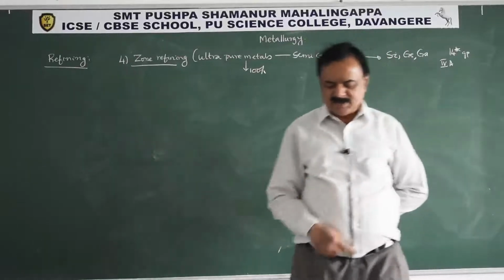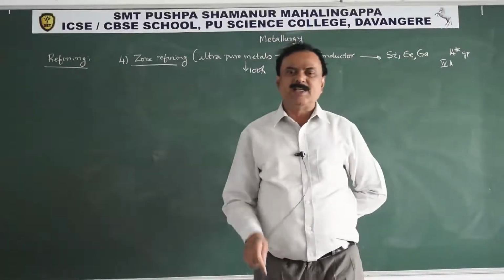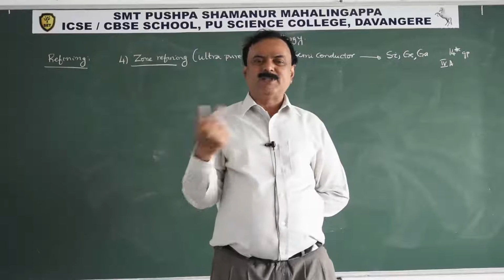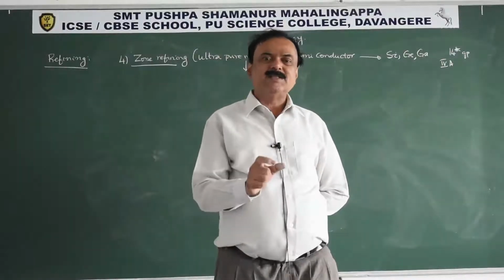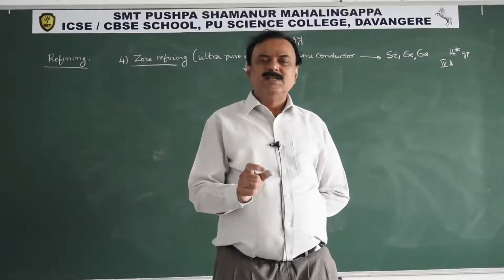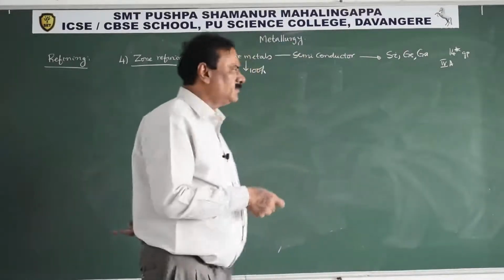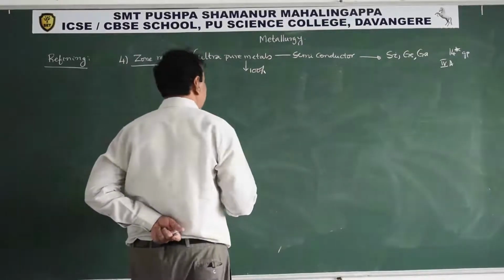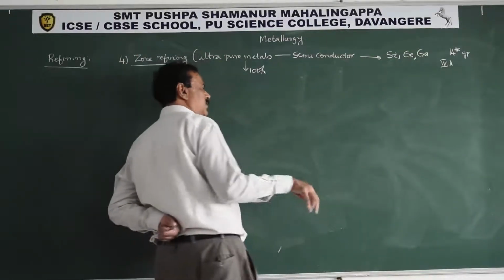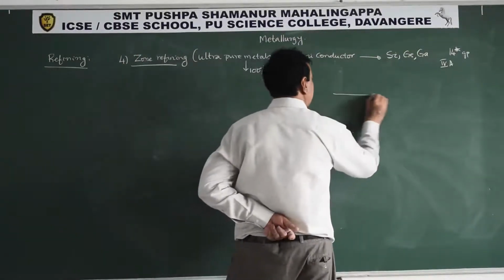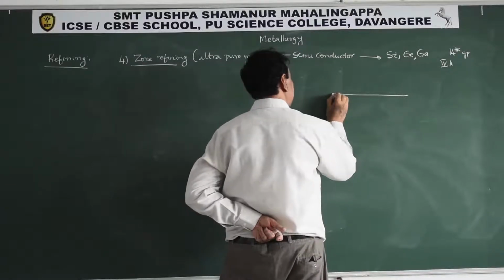In these PNP junctions, positive, negative, positive, or NPN junctions, negative, positive, negative, we are using semiconducting metals, transistors. Here the principal usage is, suppose it is impure metal, impure silicon